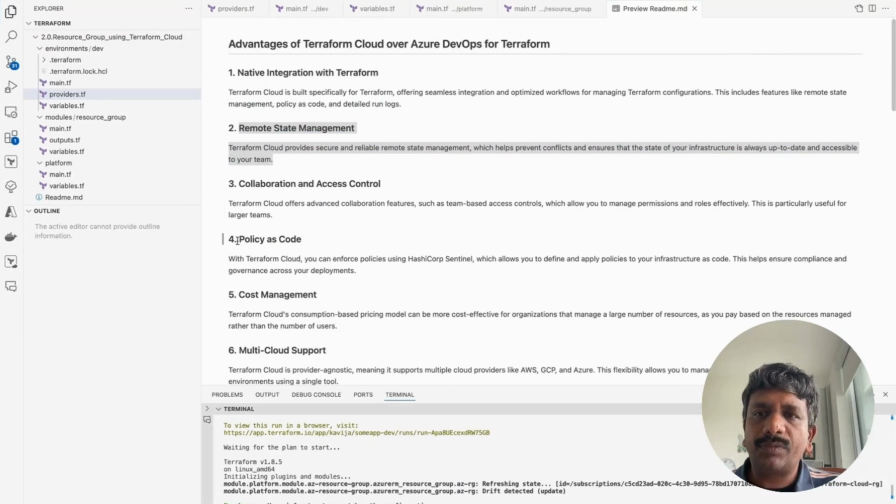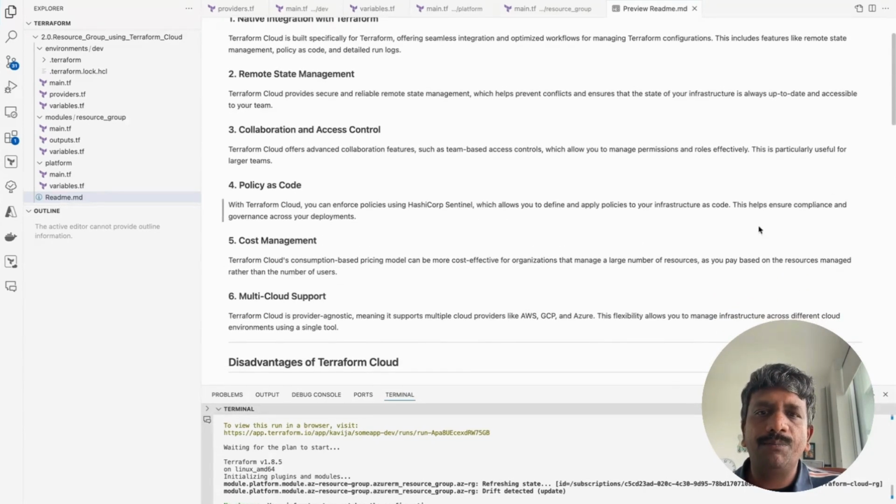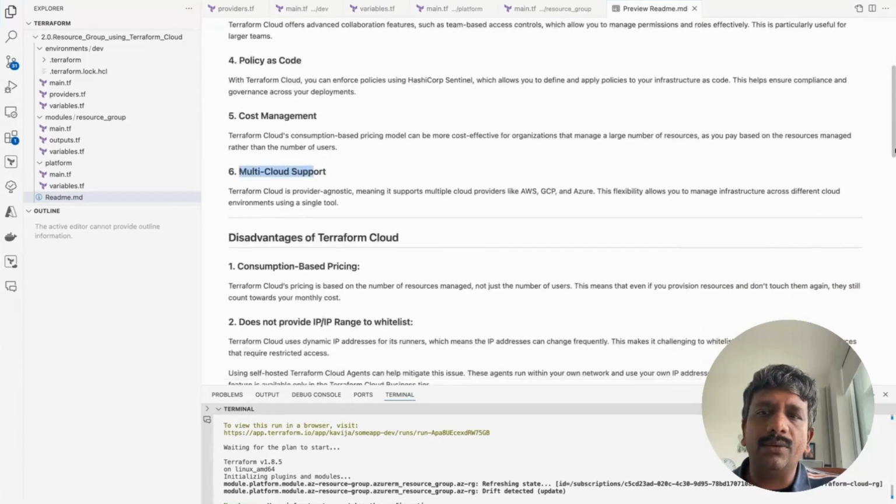And policy as code, of course, Terraform does support Sentinel, which is nothing but a policy for your Terraform. And cost management. Terraform claims that this is the most effective way of managing the infrastructure. It also says that it does support multi-cloud. However,